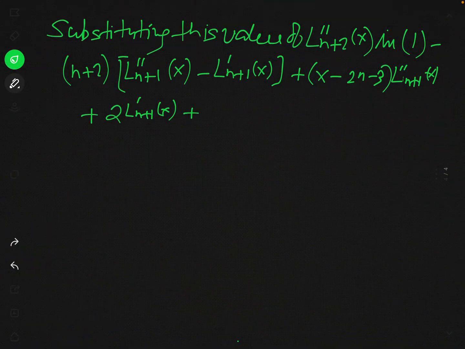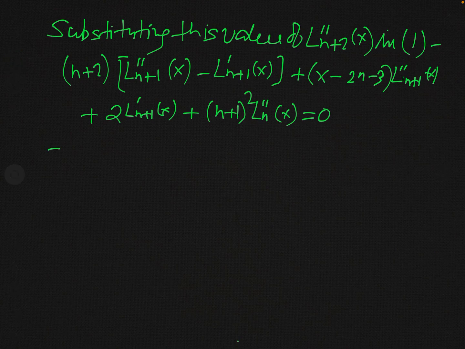So this will be n plus 1 whole square ln of x double prime, and this is equal to 0. Now let us simplify it a little bit. When you multiply by this n plus 2 to the inside terms, this will be n ln plus 1 of x double prime and minus n ln plus 1 prime of x plus 2 ln